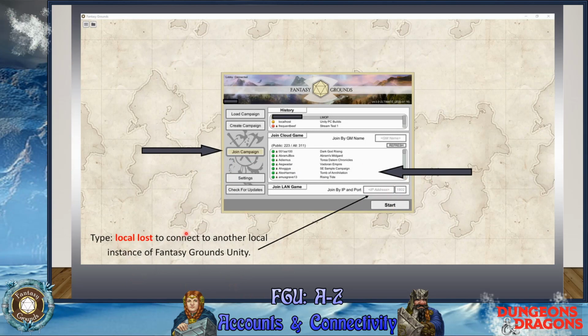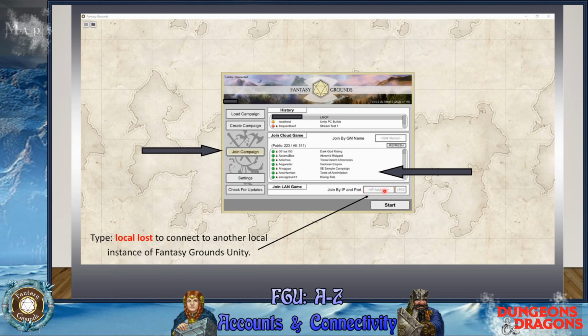So then you can tab back and forth to see what it looks like between your client and your player side. So this is how you would do that. You just type localhost, it's one phrase, in this area here, and it will allow you to join your own table. If you have an antivirus or some sort of networking thing going on, that is probably something that you'll have to troubleshoot.